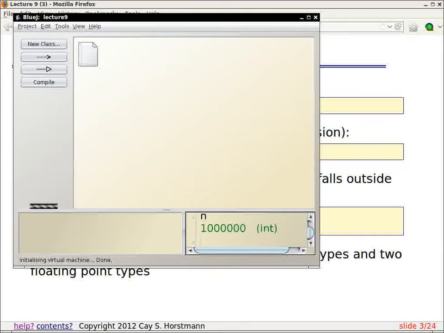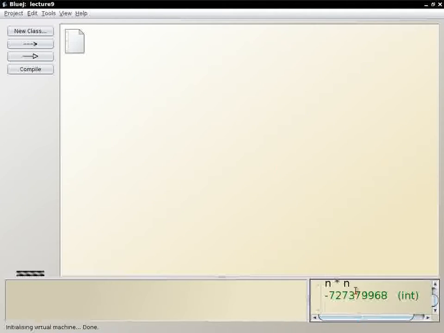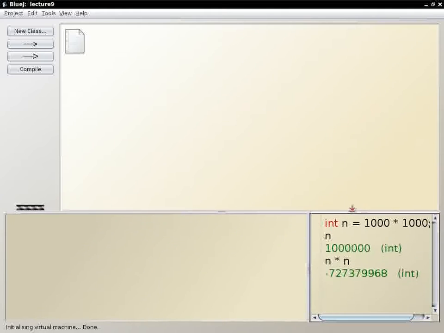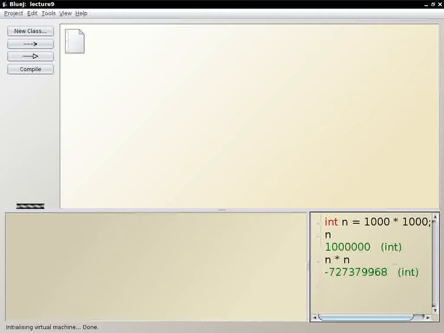And now if I compute n times n, then you notice that something very strange happens, that 1 million squared is not 10 to the 12, but it is minus 7 something. How could it get negative?